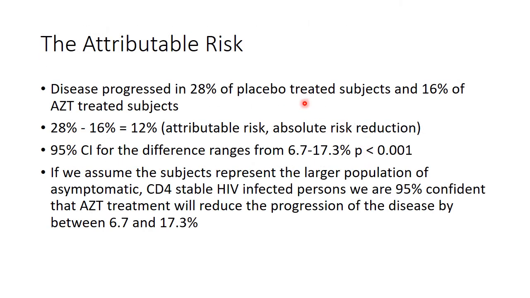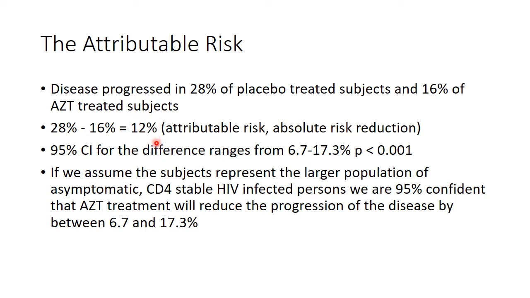So one of the things we can do is start to look at the attributable risk, right? What is the risk of having disease progression in this case? We see that disease progressed in 28% of placebo-treated patients and only 16% of AZT-treated patients. So basically you can just subtract these out, and you can see that there is an attributable risk, or an absolute risk reduction. I'm sure some people have heard of that term before, of 12%, right? So if I receive AZT versus not receiving AZT, I would have a 12% reduction in risk of having disease